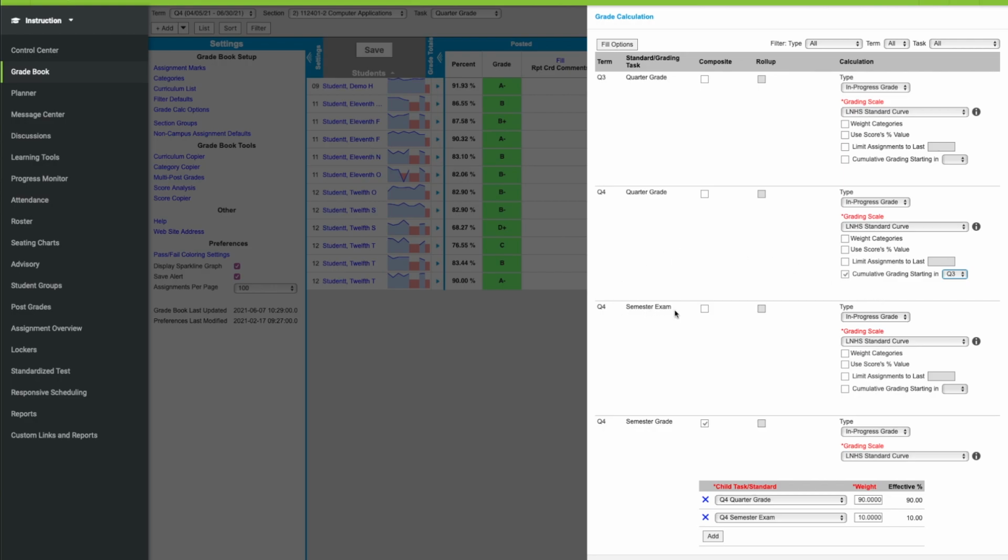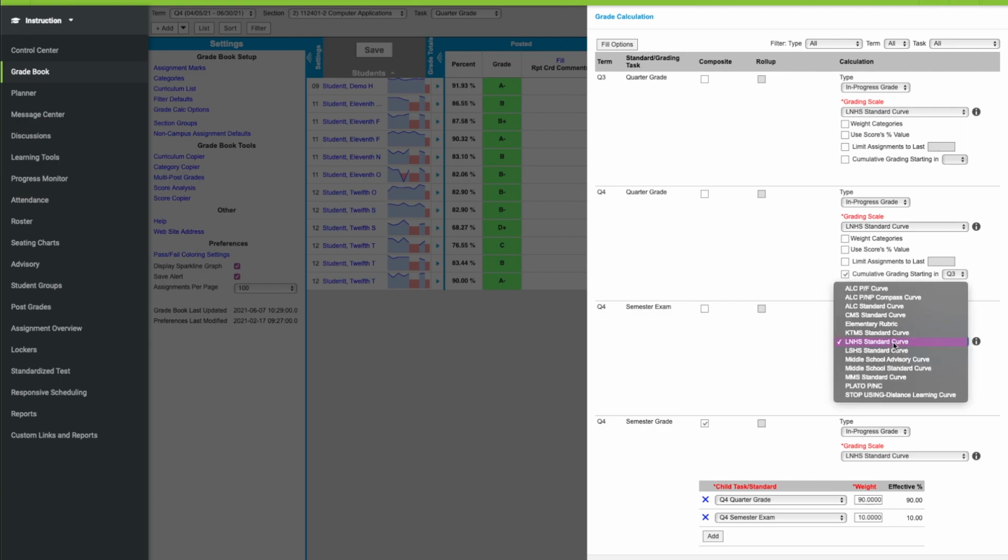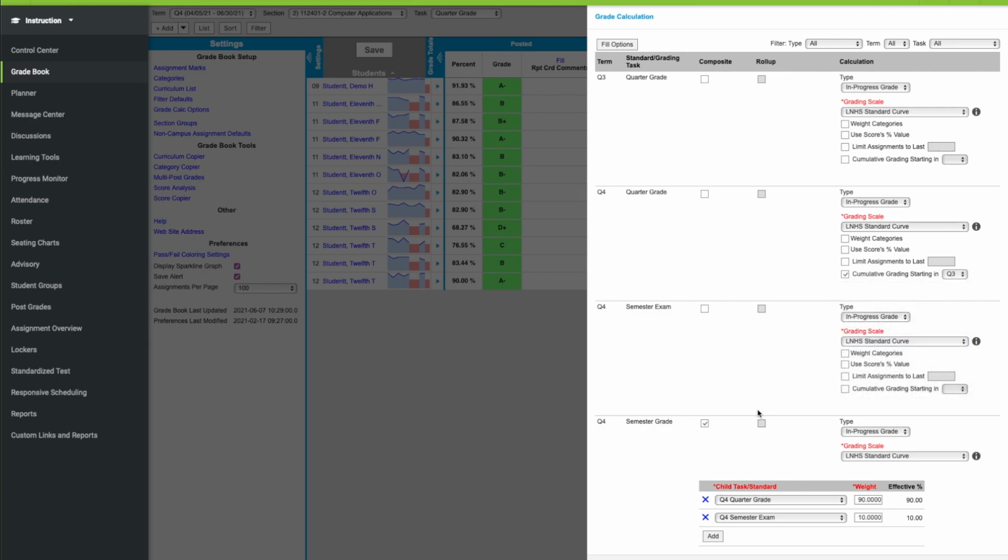I'm also going to make sure that I have the semester exam turned on by making sure it's an in-progress grade and I have a grading curve applied to it. On the semester